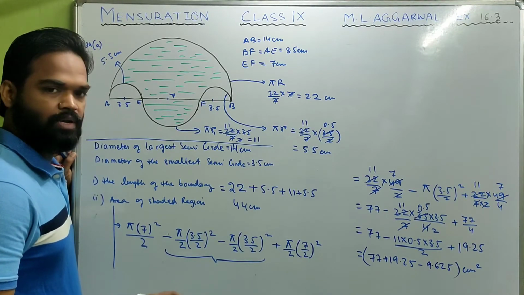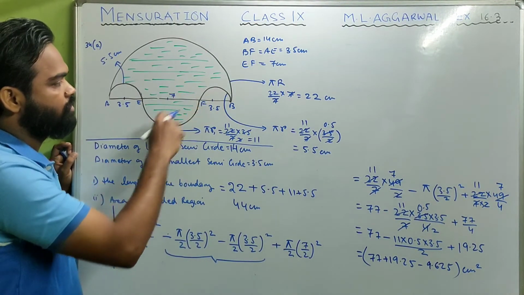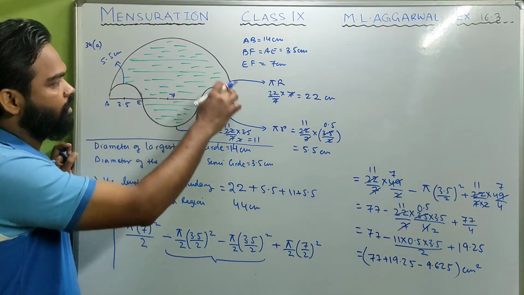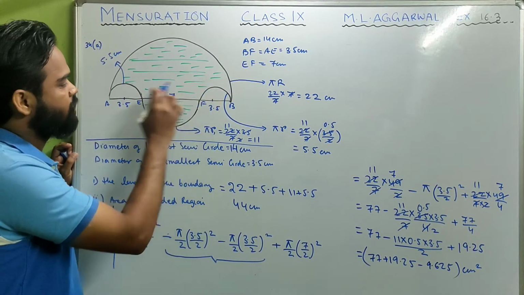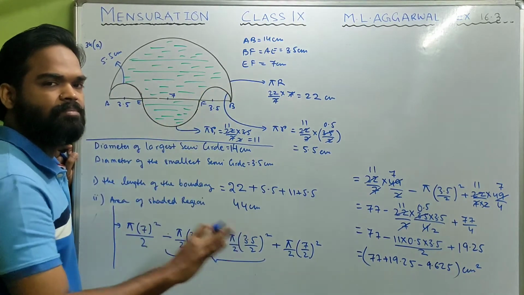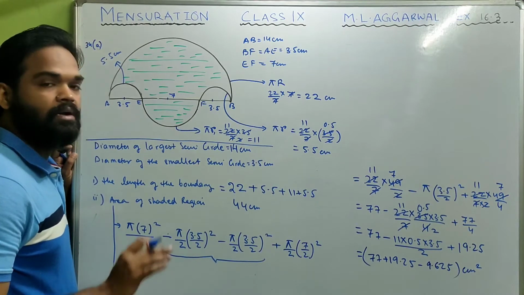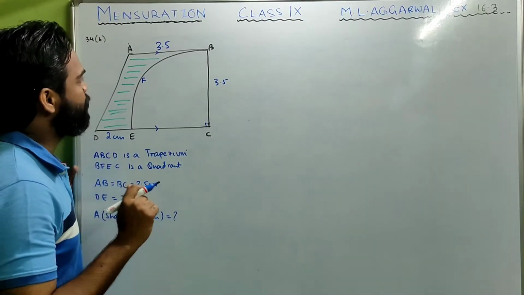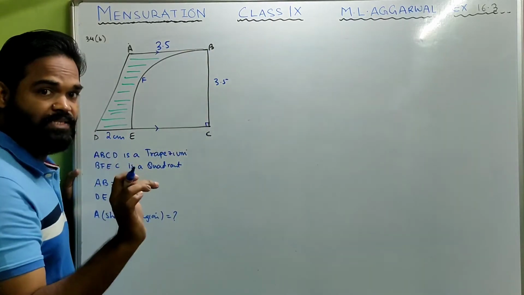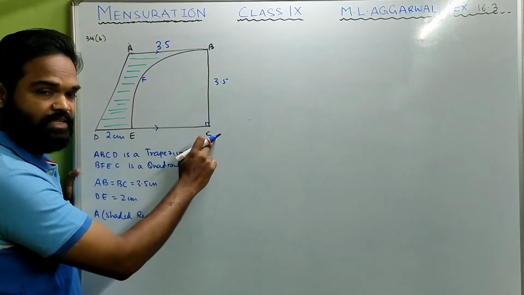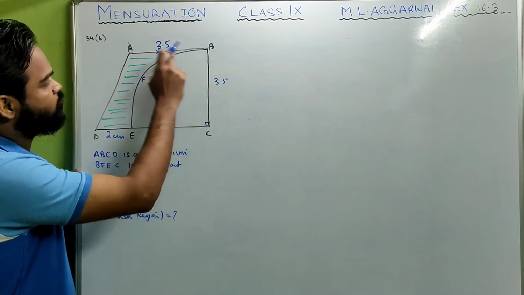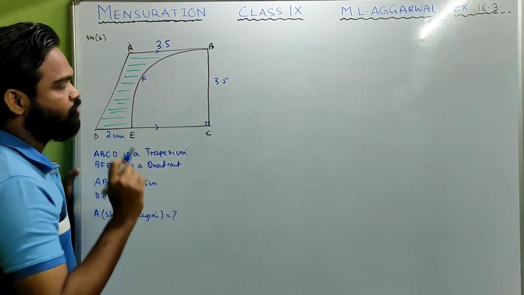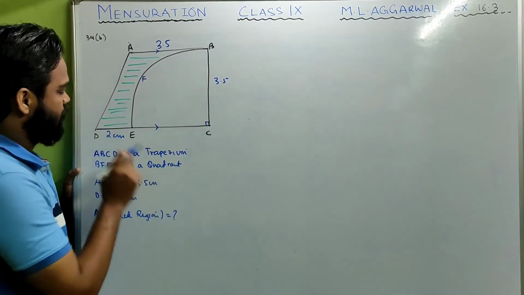Simple. Okay, the shaded region is the area of the largest semicircle minus these two plus this. Simple. Okay, now let us look at the next sum. Now look at this sum, 34 part B. They have given a trapezium ABCD. AB is parallel to CD, and they have given AB is 3.5, BC is 3.5 centimeter, okay, and DE is